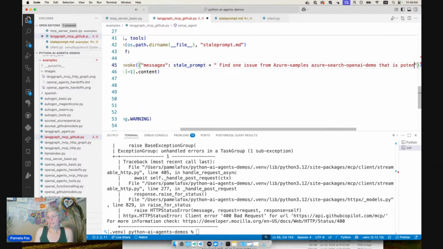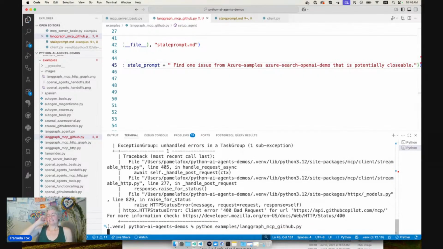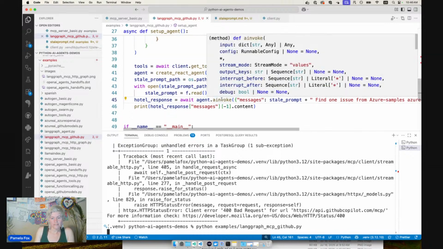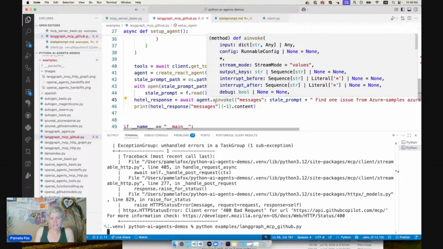That is potentially closable. All right, closable. All right. Okay, let's try it again. See if we're going to get farther than the 400. Dun, dun, dun, dun, dun. The thing is this whole process is kind of slow, and I should stream back the results. I really should stream back. Okay, stream mode. It's not streaming back. So how do we do